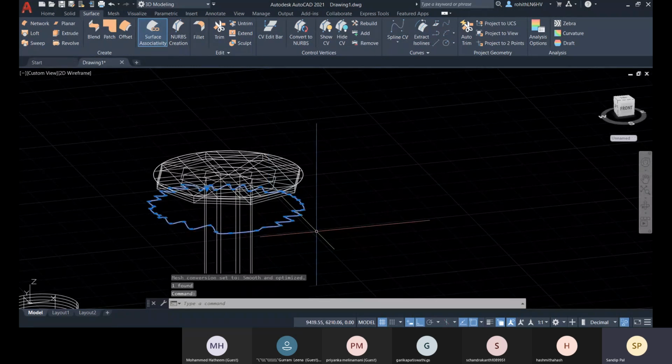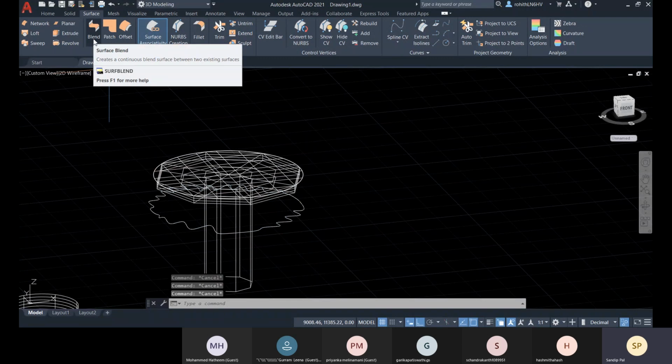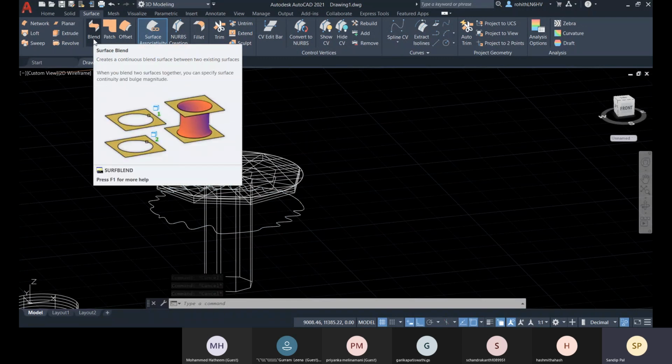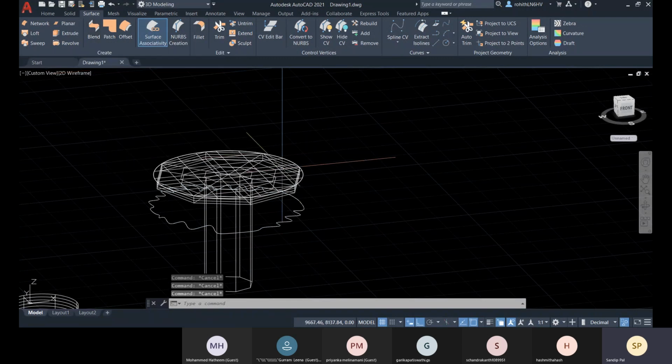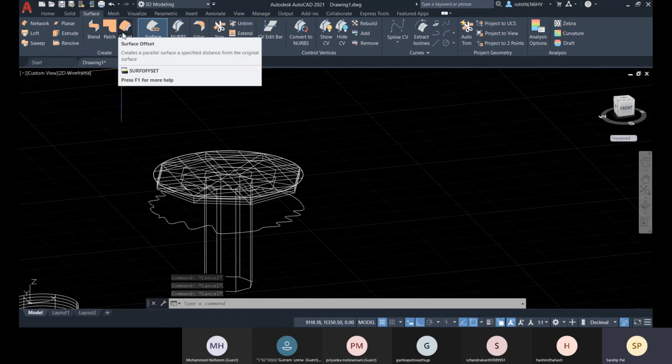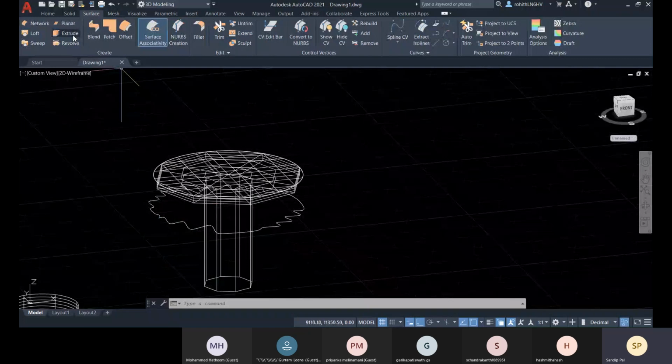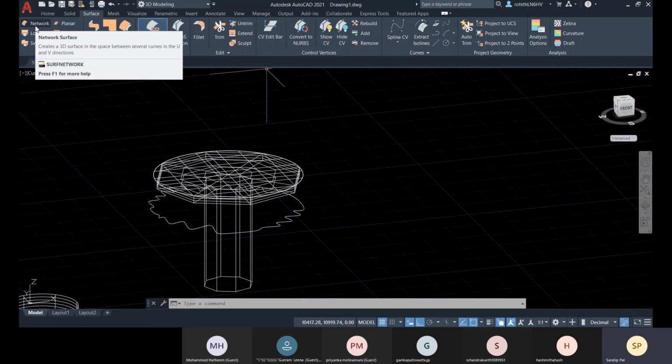This cannot be converted into a surface. Mm, not getting that option. That was the right way.